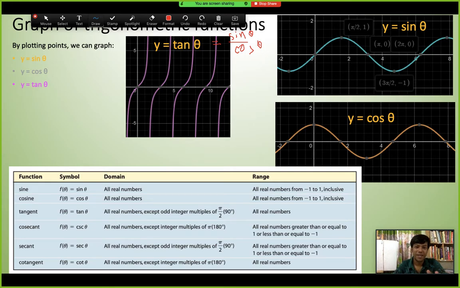Anyway, so sin theta divided by cos theta. Now you will notice that at some points this is not possible for all real numbers except odd integer multiples of pi by 2, 90 degrees. At 90 degrees, this is undefined. The reason is this theta equals to,